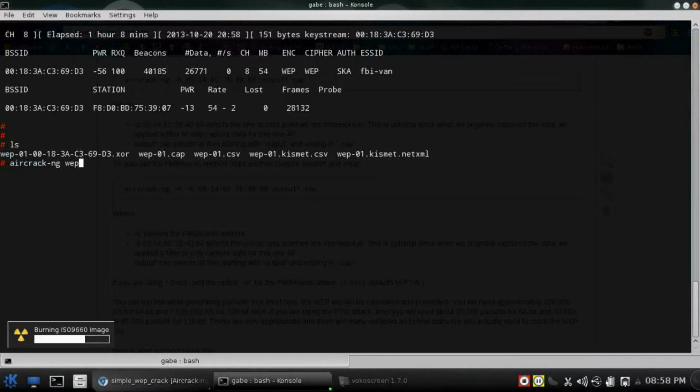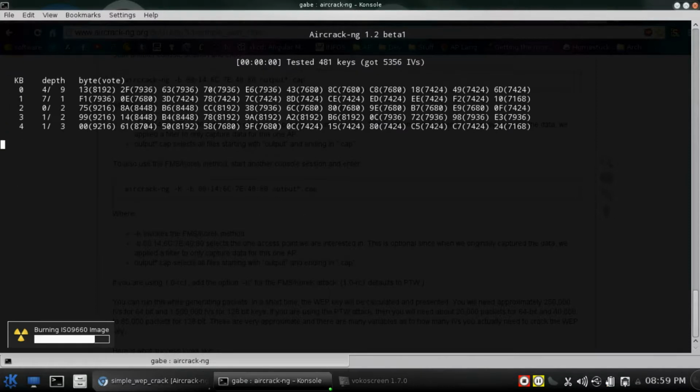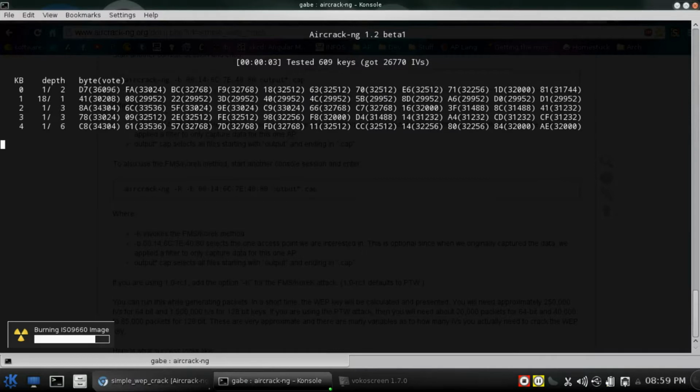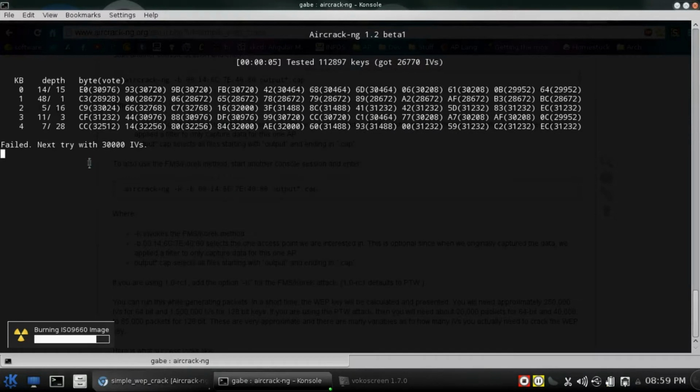and then you can just put the name of it, or you can optionally add the BSSID right here. After, you could do TAC B and then add that, but you don't really need that unless you're capturing from multiple stations. So just type that and then WEP dot cap, and it will test a bunch of keys. Oh, alright, well, it didn't work with this one, but